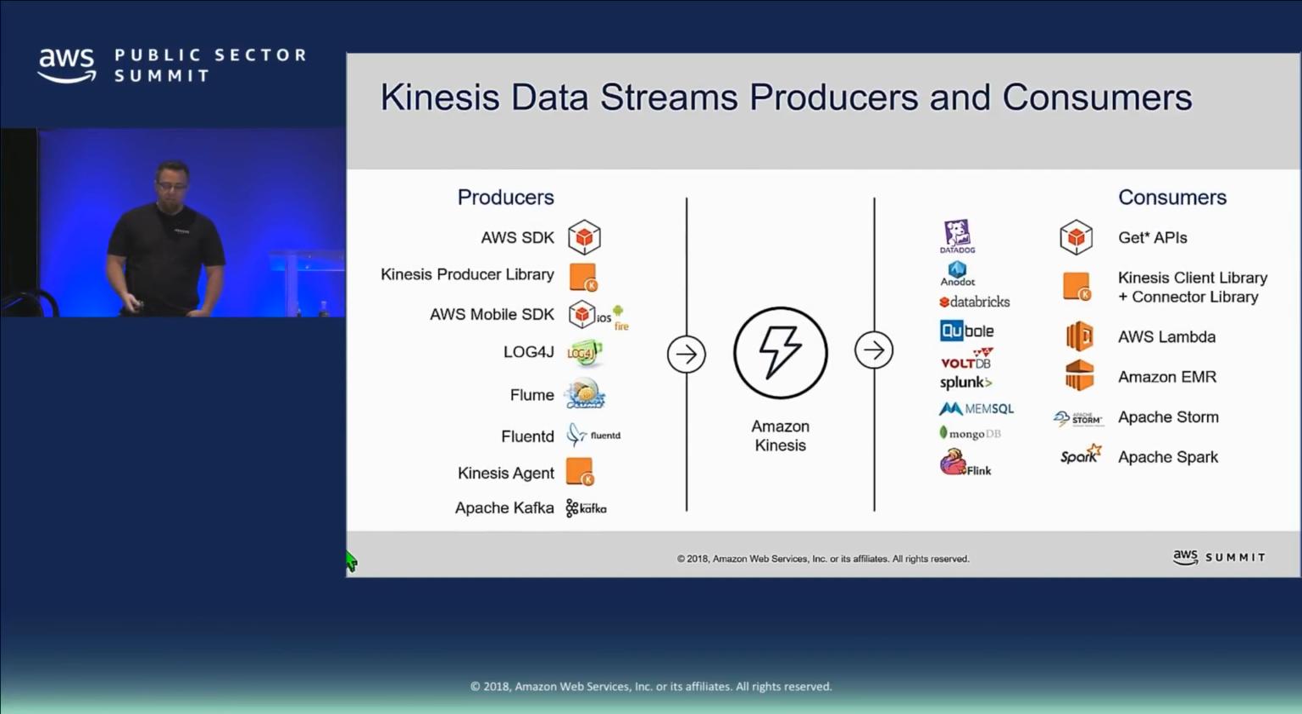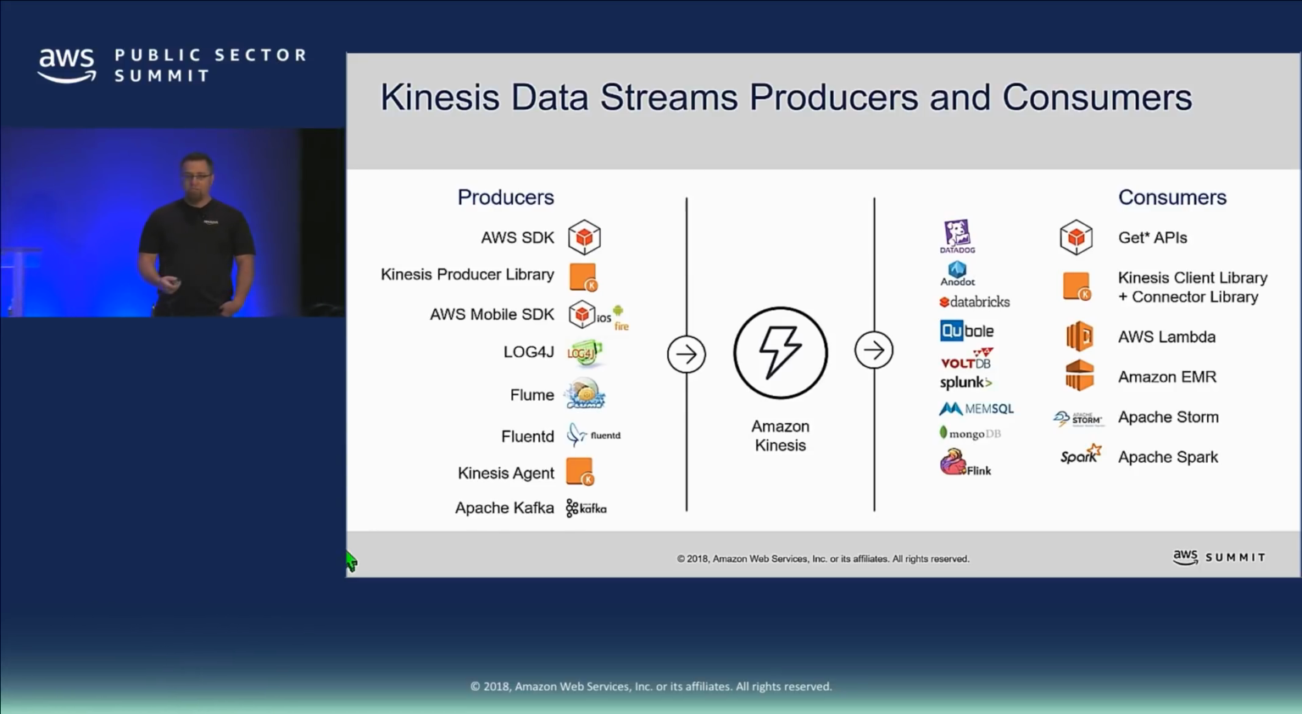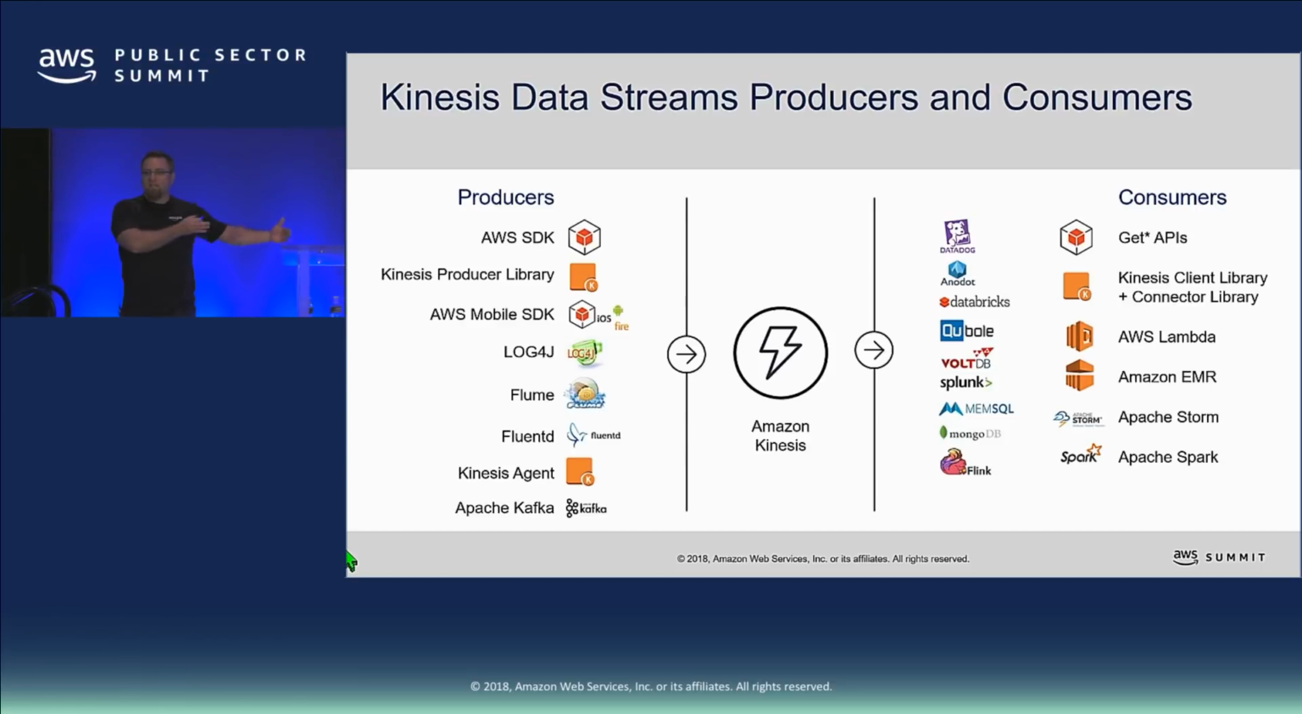So if we look at some of those producers, if we take a look at the left-hand side here, we do have many ways. We have the AWS SDK and the CLIs. You can do direct puts against that stream with the payloads that you want to send. We have a Kinesis Producer Library that's going to do some aggregation on the service side to package up multiple messages in a highly performant manner to compress that data and send to the stream